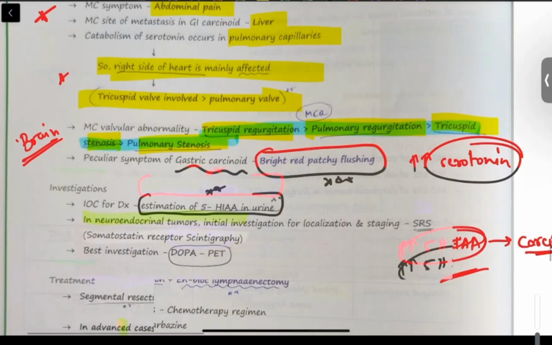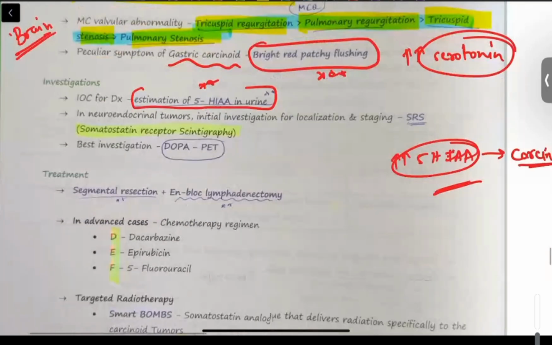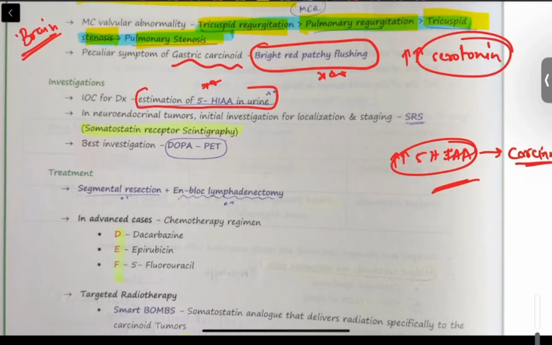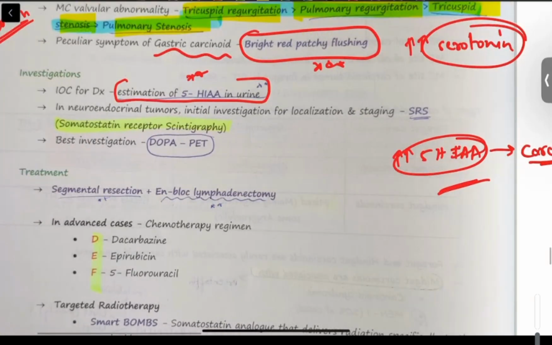Okay, so basically it is a systemic disease syndrome which involves multiple systems, hence the name neuroendocrine tumor. Investigation is based on estimation of 5-hydroxyindoleacetic acid in urine. If it is elevated, then that can lead to carcinoid syndrome. In neuroendocrine tumors, whenever we study any neuroendocrine tumor, the initial investigation for localizing and staging is usually somatostatin receptor